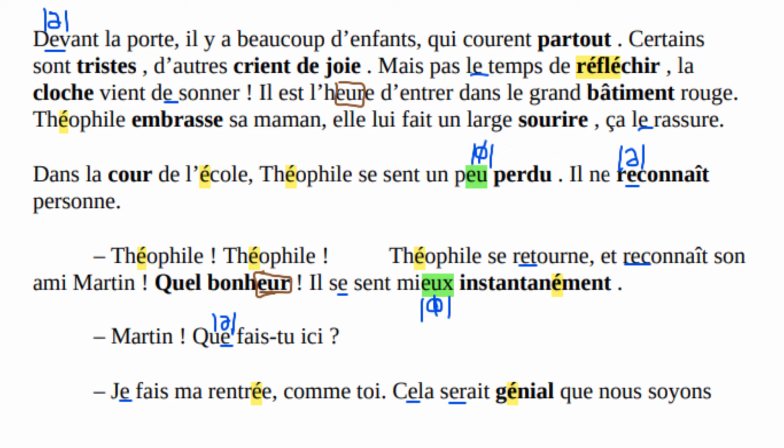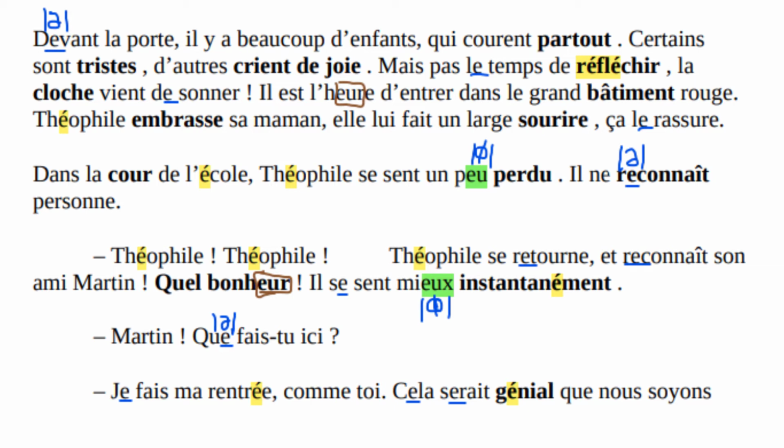Martin, que fais-tu ici? So que, the K plus E. So we have que, E. Que fais-tu ici? So let's note that our ordinary E, that is E, gives the sound E. Je, E. Can we hear the sound? Je fais ma rentrée. Can we hear the A sound? There we have our accent aigu. Comme toi. Ce E. Can we hear the E sound? Cela, ce E serait